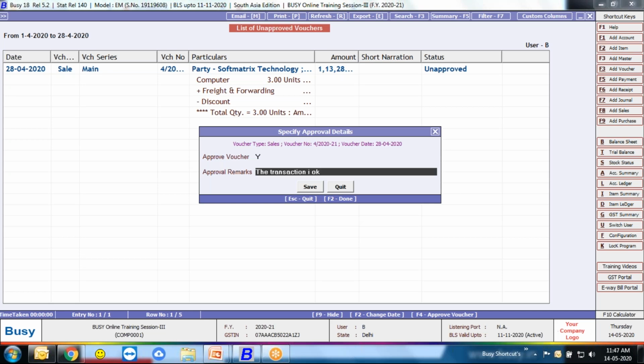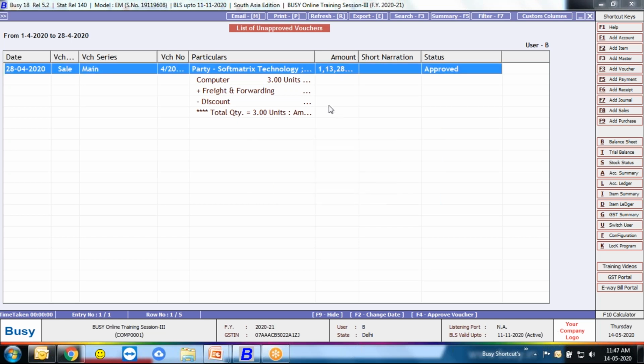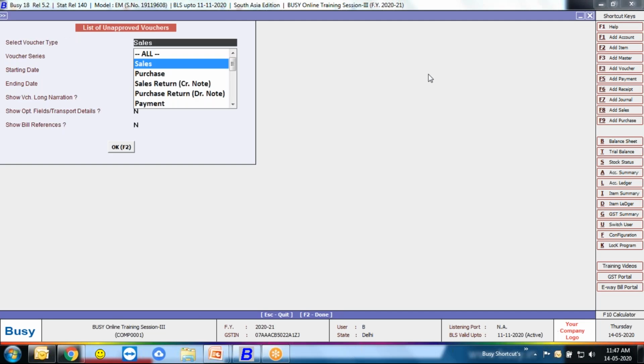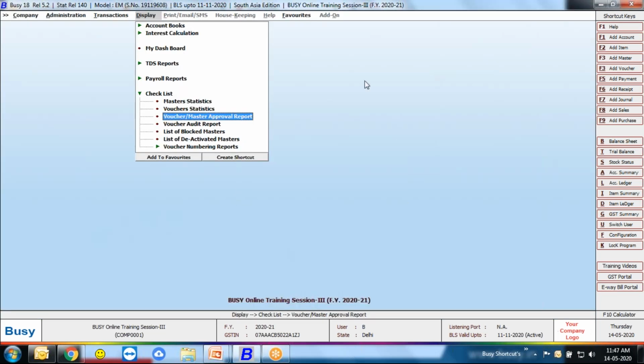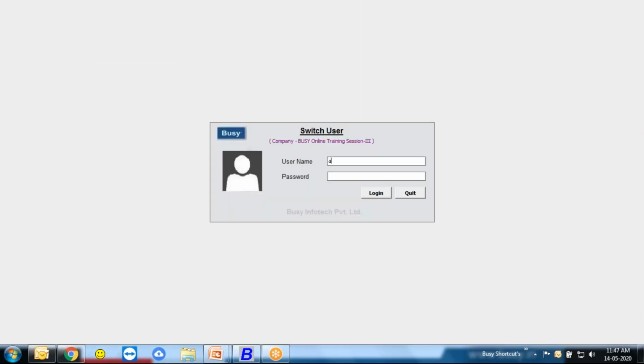Transaction is okay, and just save it. The voucher has been approved, and now the status is voucher approved. So the process of voucher approval, as you see, is that first you need to enable the feature from administration, configuration, feature and option from the general menu.